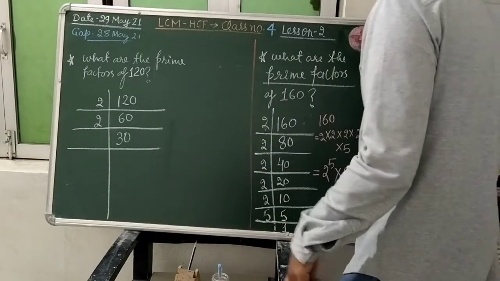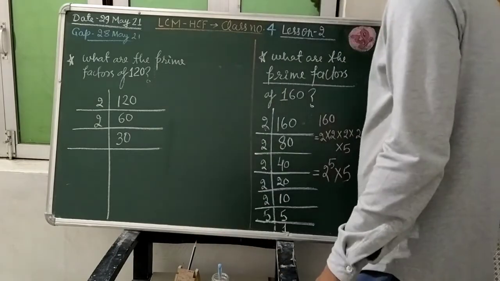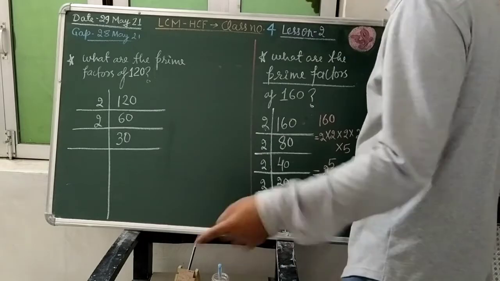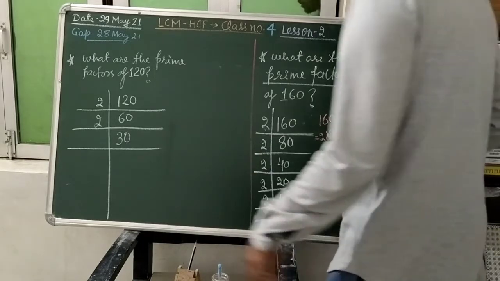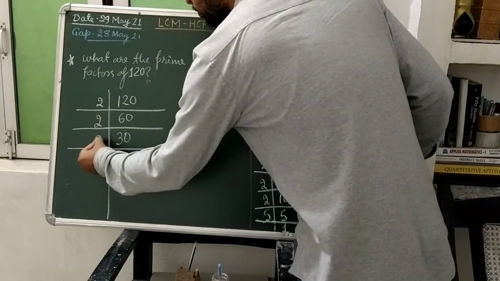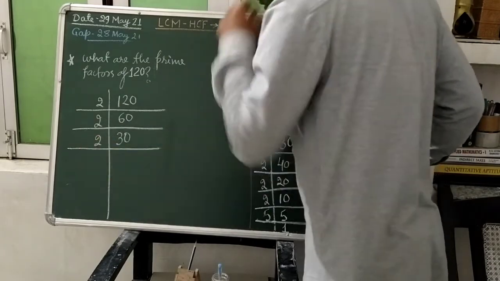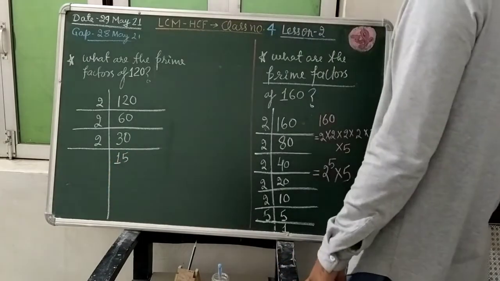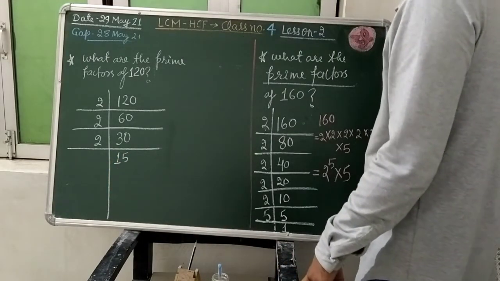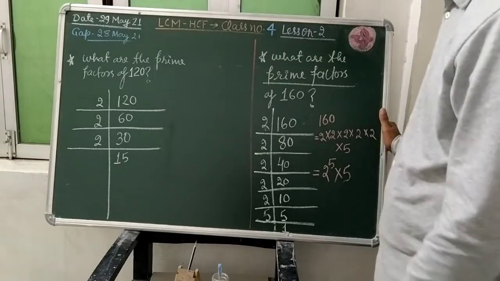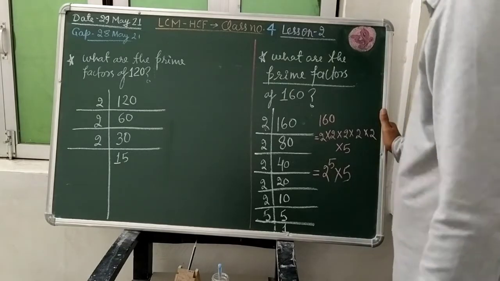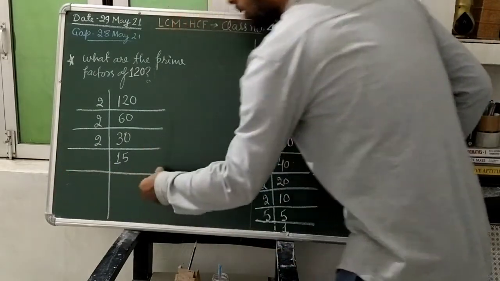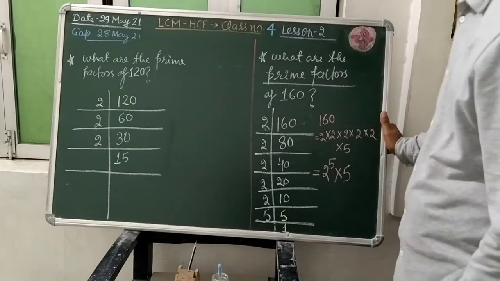We shall move to the third horizontal line. The 30 is a composite number, so we shall apply the rule from 2 to 11. We shall select the number, and 1 we will ignore. The 2 is going to divide this, so again we shall select the 2 here and it will go 15 times. When you divide 30 by 2, you will get quotient equal to 15 and remainder equal to 0. That quotient you will write here, which is 15. So the next horizontal line will start.